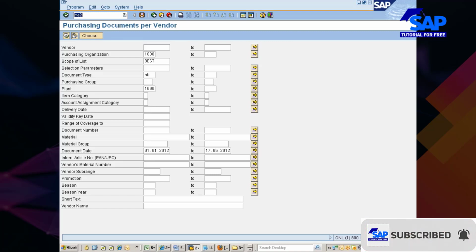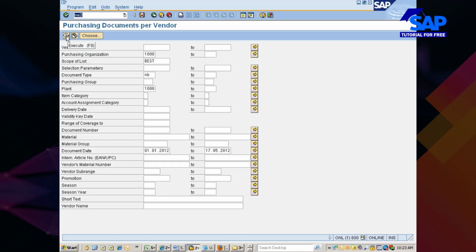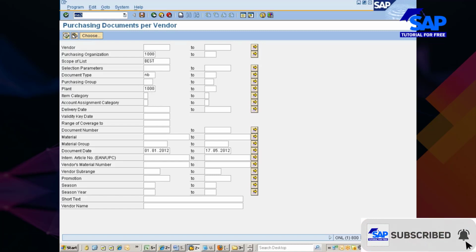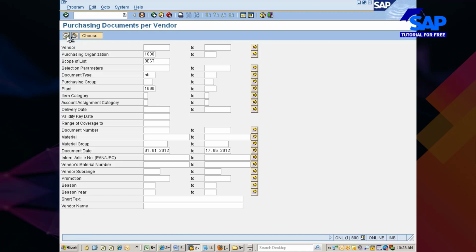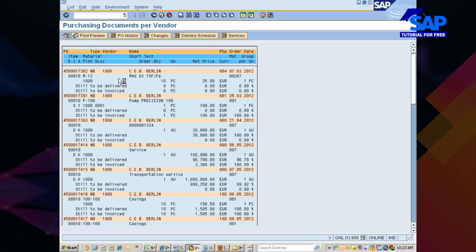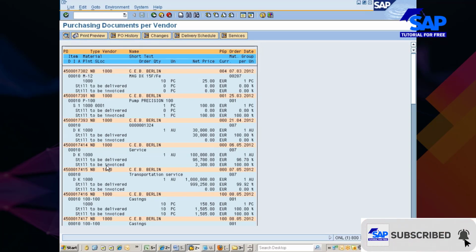Once I enter the data that is supposed to be entered, I will again go with execute. So when I go with execute, all these things that I am adding here in the application will go and get processed. Look at this. Now what is it doing? The system is processing. You see, it has pulled up so many purchase orders. This is what we call processing application data. So where does this processing take place? This processing takes place in the app server, the application server.